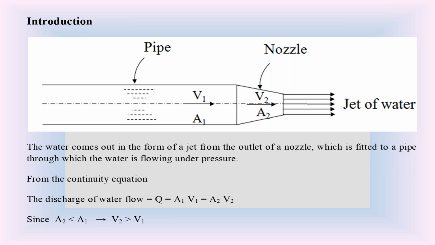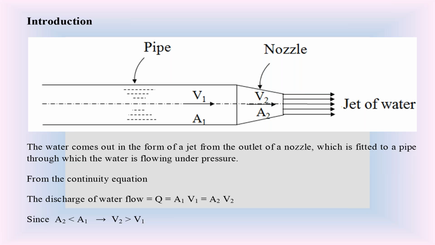So please listen to this carefully. In the first condition, the metal plate is in rest condition. In that rest condition, again we have three conditions of metal plate. The metal plate is a flat plate, perpendicular to direction of water flow. The second condition, the metal plate is a flat plate, inclined to direction of water flow. Third condition, the metal plate is a curved metal plate. So in the rest condition, we have these three conditions.